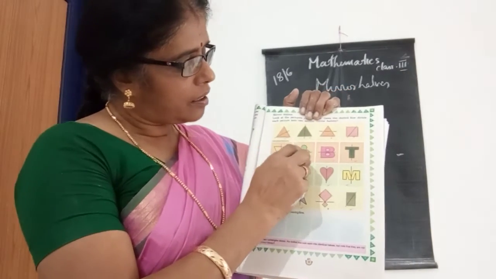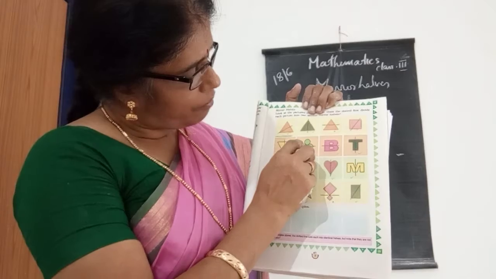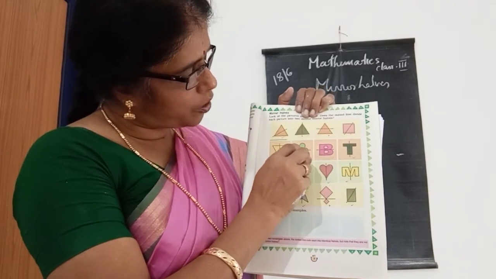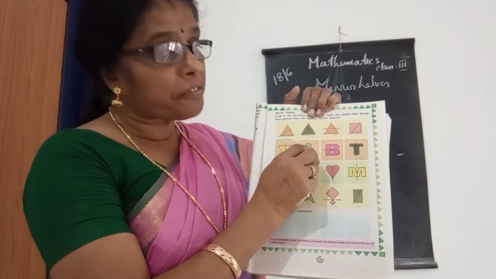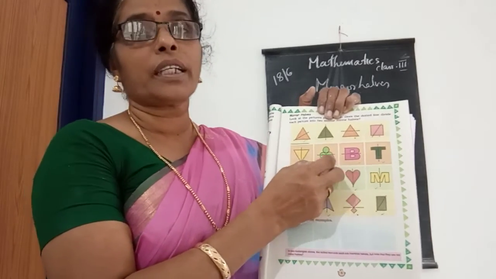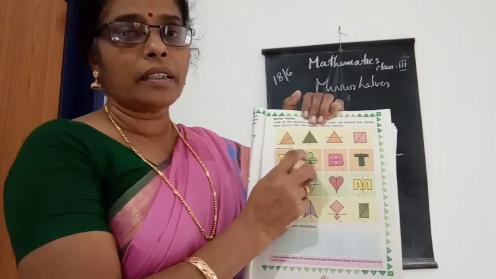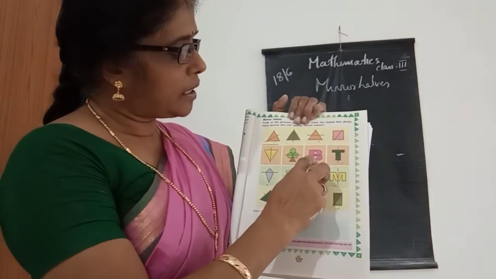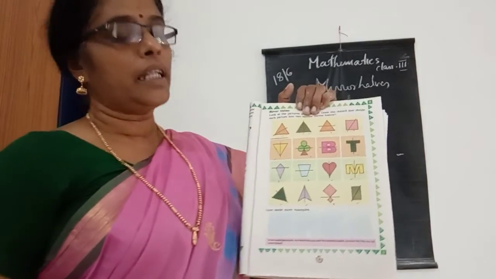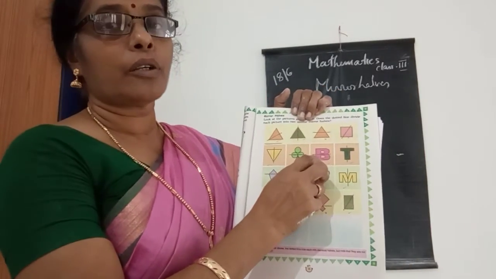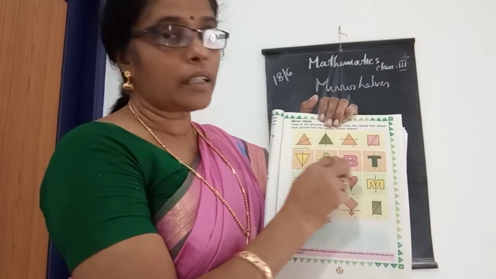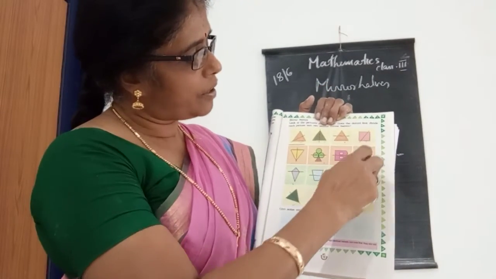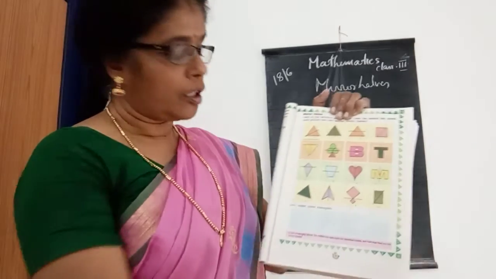Because here, not half, 1/4 of these two circles and one circle here, but here 3/4 of the circles and one triangle, so that is not a mirror. Okay. And here look, that is the letter B. In that letter B, both sides are equal, so we can call it a mirror. And this one, T, that is also a mirror.